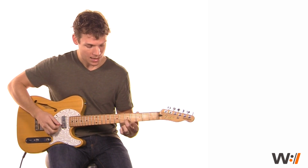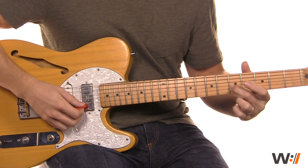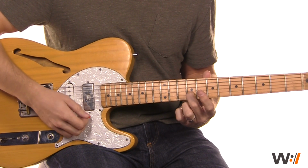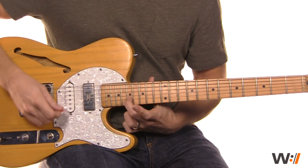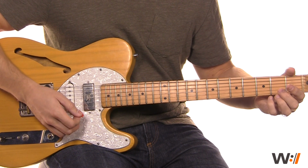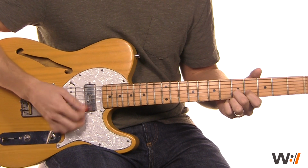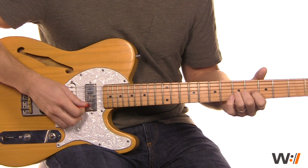So for example, this is my E note. So you see I've got two of the same note there. And as you walk, you can just go up your major scale from this 5th fret. So we know a major scale is whole step, whole, half, whole, whole, whole, half. And we know that this is like our open string, so essentially we have these notes as well. So what that allows us to do is, rather than just staying with this one, we could start moving around within that scale and do more of a...